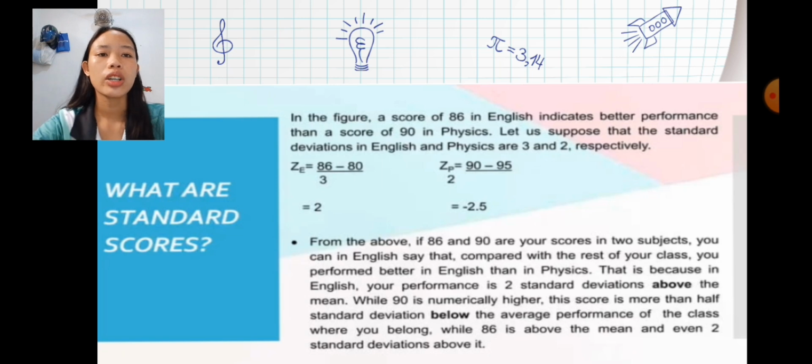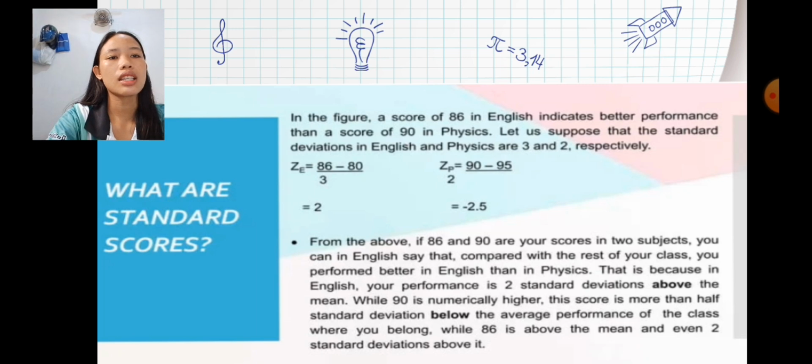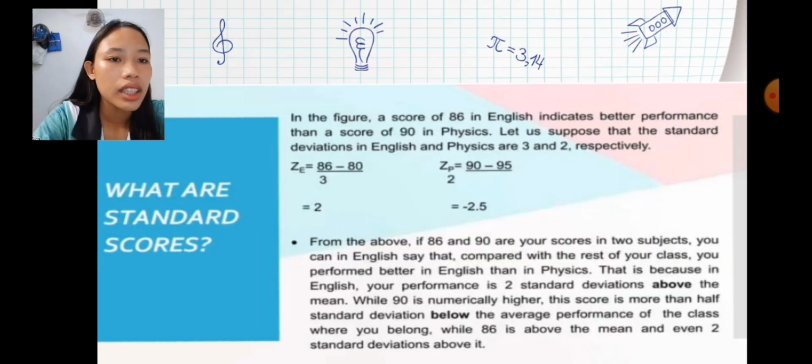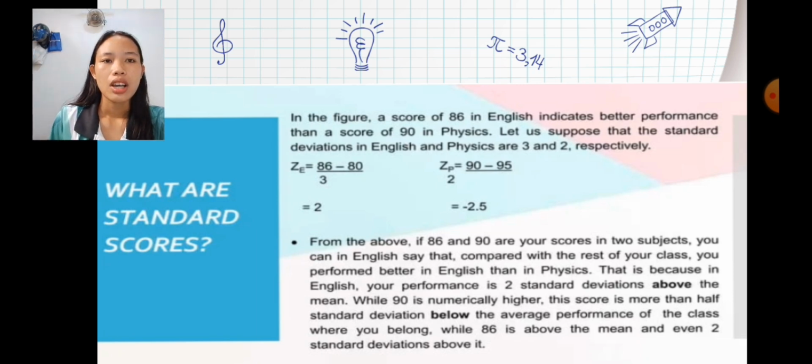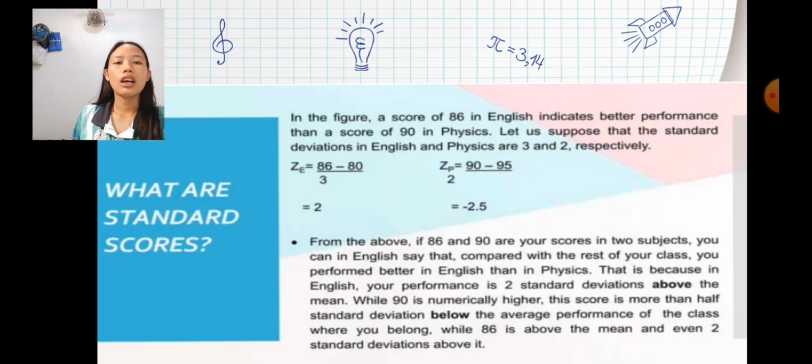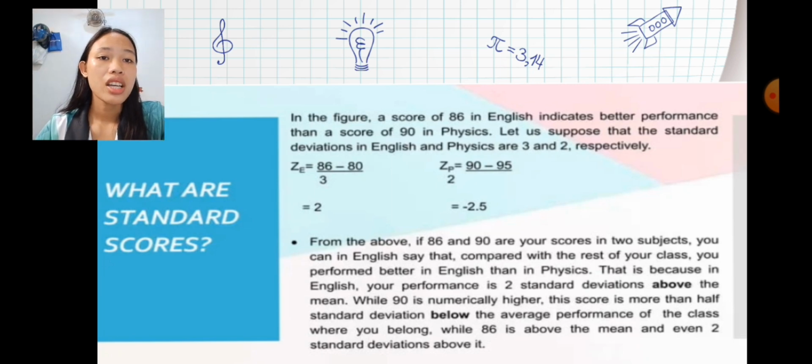So in the figure, a score of 86 in English indicates better performance than a score of 90 in physics. Let us suppose that the standard deviations in English and physics are 3 and 2 respectively. So Z English, or the standard score, equals 86 minus 80